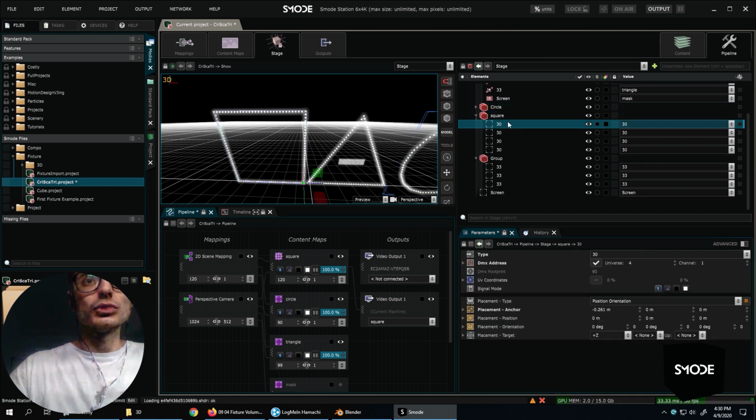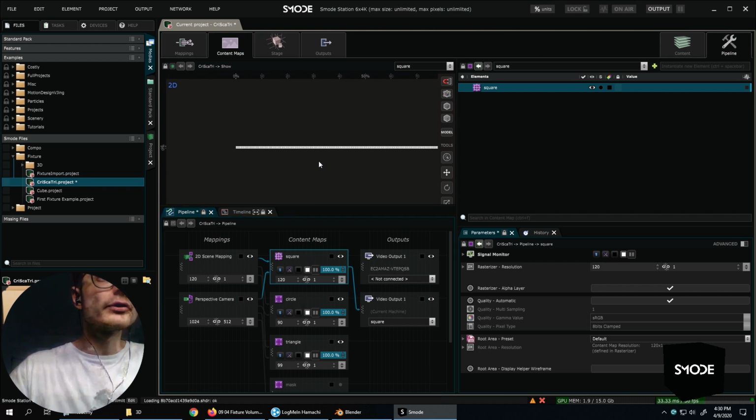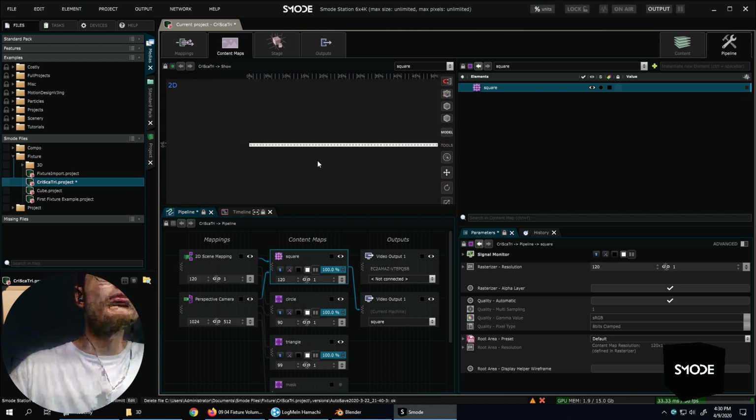Then I have a content map, which is a strip content map.